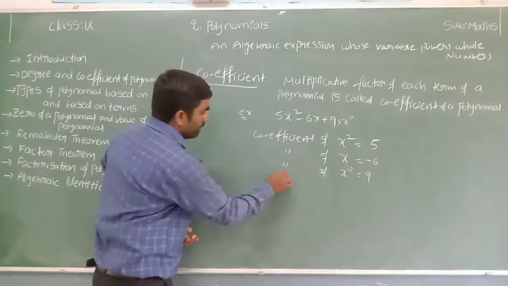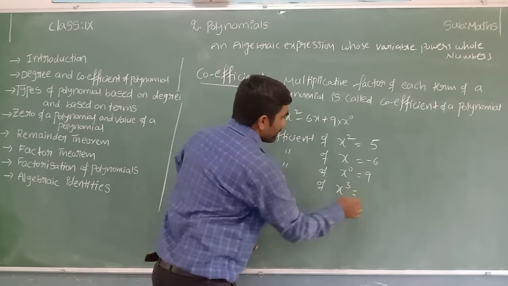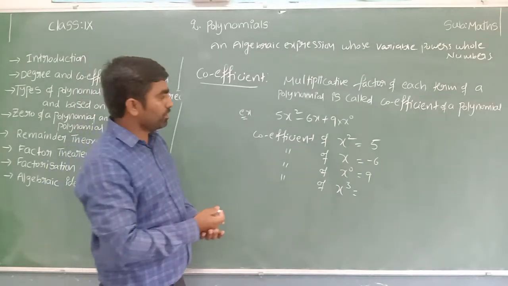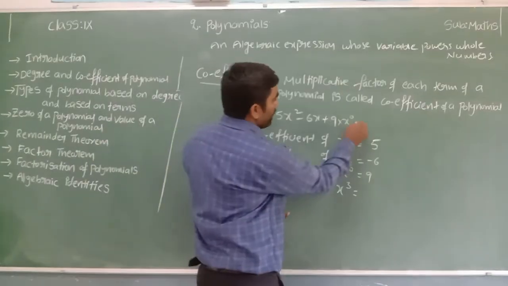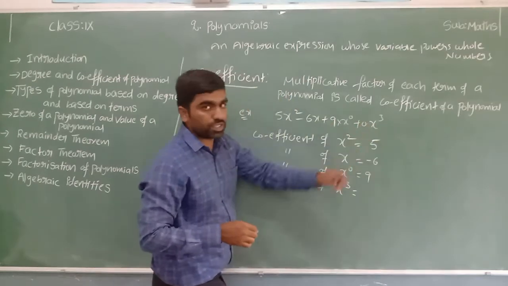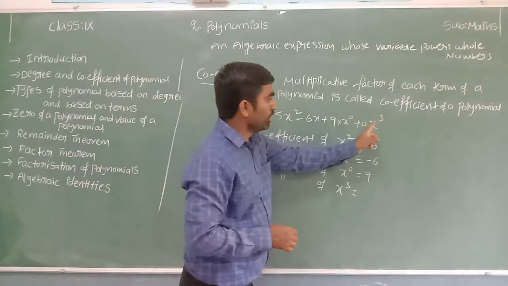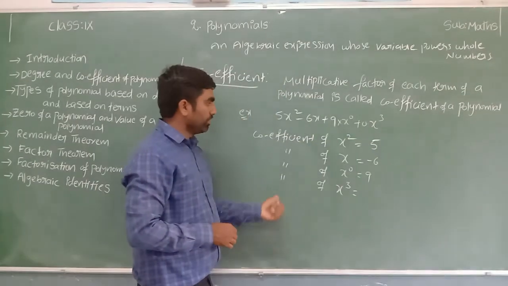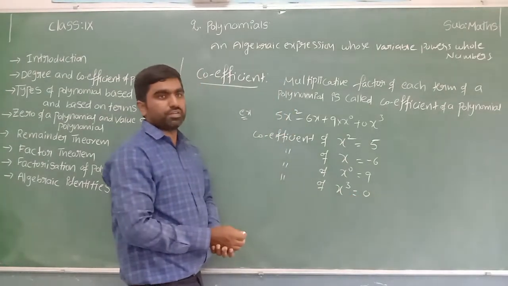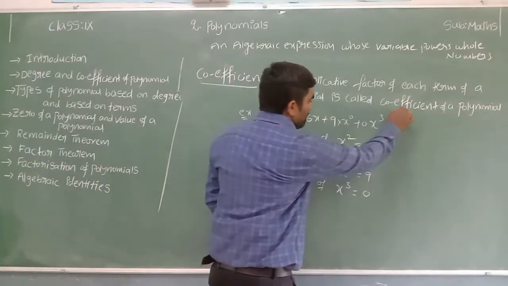Now same example, let me take the coefficient of x to the power of 3. Can you say what is the coefficient of x power 3? Sir, even though there is no x to the power of 3 term, how can I find this coefficient? We can write plus 0 into x to the power of 3. 0 into something is 0 only. Yes, now in this polynomial, I can see an x to the power of 3 term whose coefficient is 0. The coefficient of x to the power of 3 is equal to 0. That is the way to find the coefficient of each term of a polynomial.